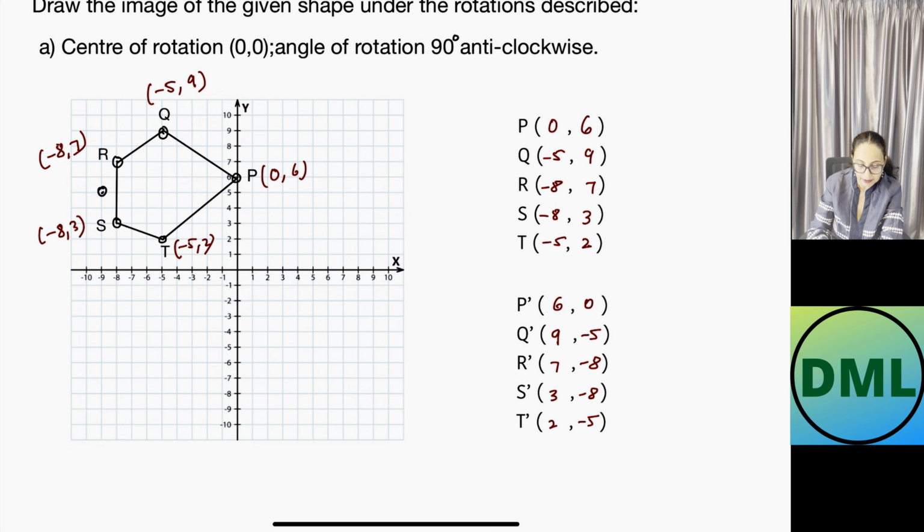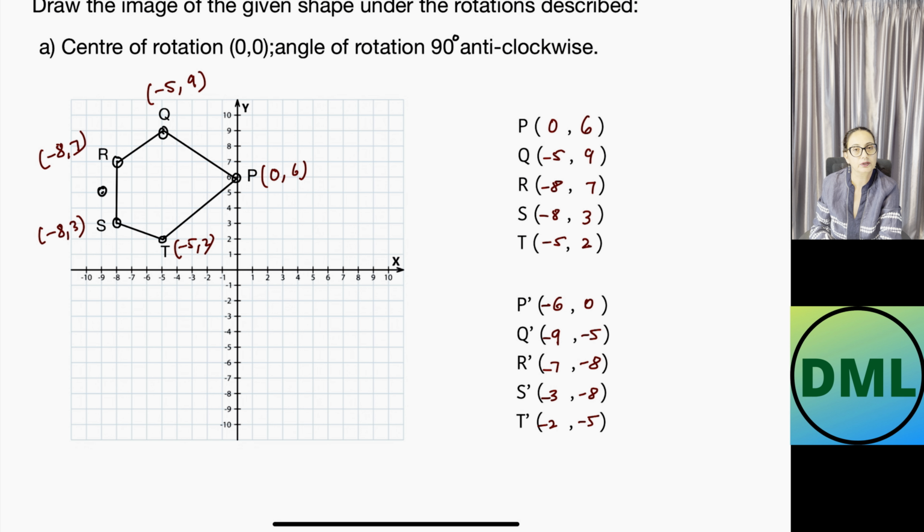As we know that in the third quadrant, when I rotate my picture anti-clockwise, x is also negative, y is also negative. I have to make all x negative. Y coordinate is already negative. I don't have to do anything here. I need to change the sign of my x coordinate because x coordinate is also negative. Let's write down the negative sign in front of all my coordinates here.